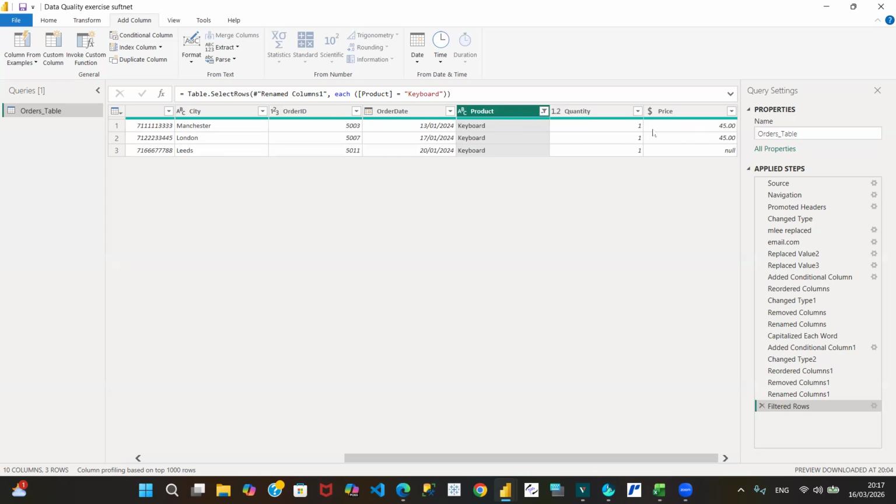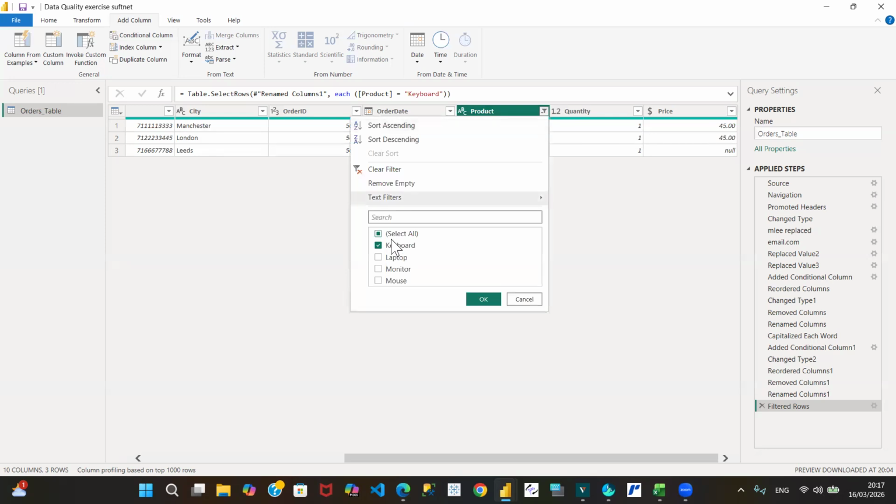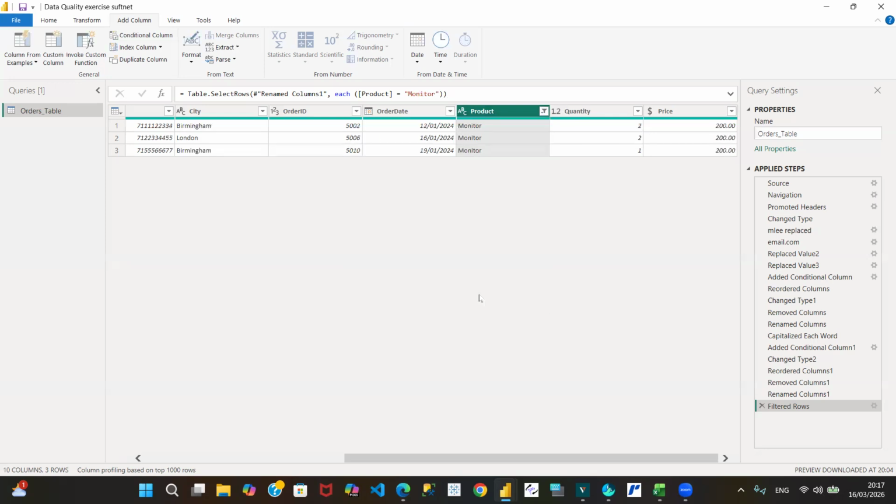Keyboard, the previous keyboards that we have, each one quantity, they sell for 45 pounds, so we know what to change that to. All right. So just for the sake of checking, monitors here. Okay, I find this, you see, one of the problems that you are acting like a data detective